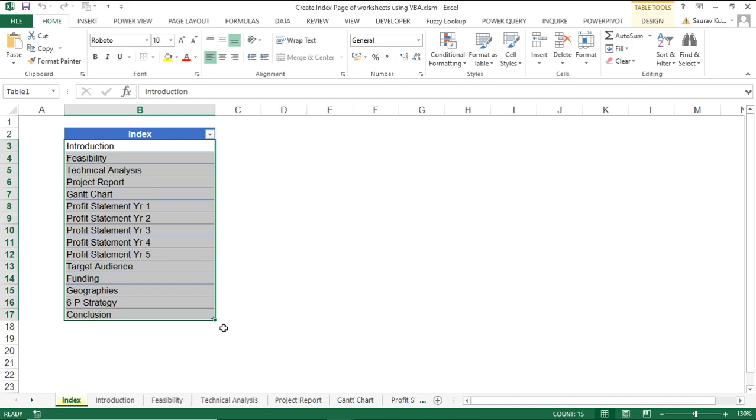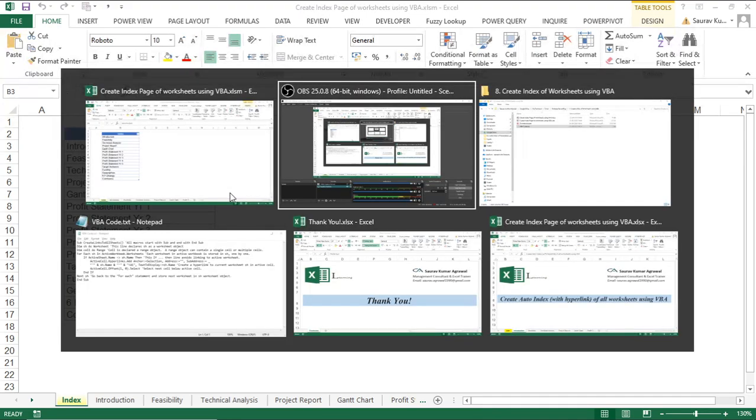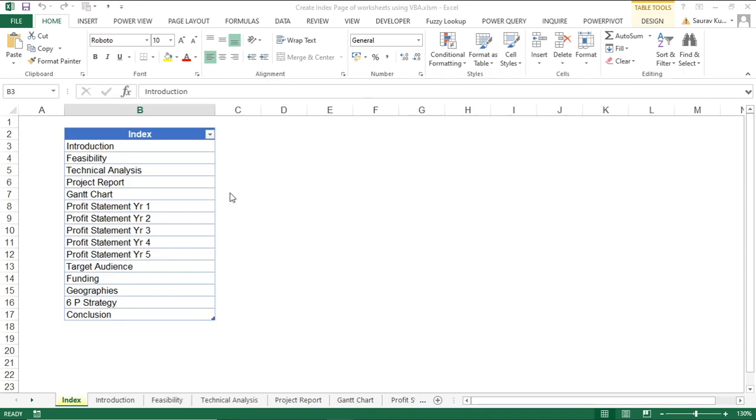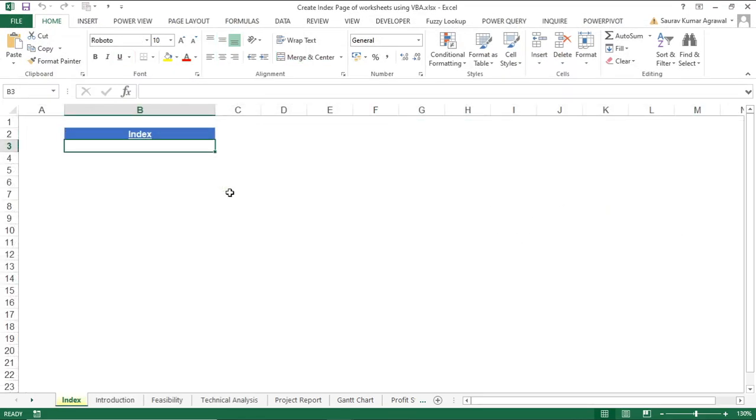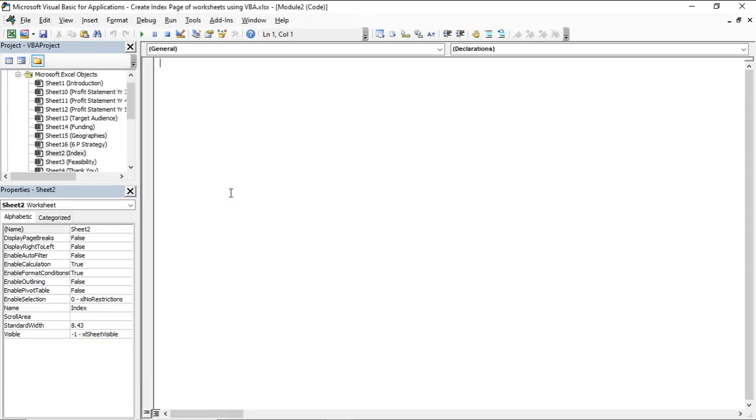Now we'll do it smartly instead of doing a manual creation of the index first and then manual hyperlinking. What we are going to do instead is I'm going to take you to a blank Excel wherein the index is not created as of now, and I'll show you how it is done. What we'll do first is go to the macros window. You can access it by pressing Alt plus F11. I'm repeating, it is accessible by pressing the Alt plus F11 key combination.